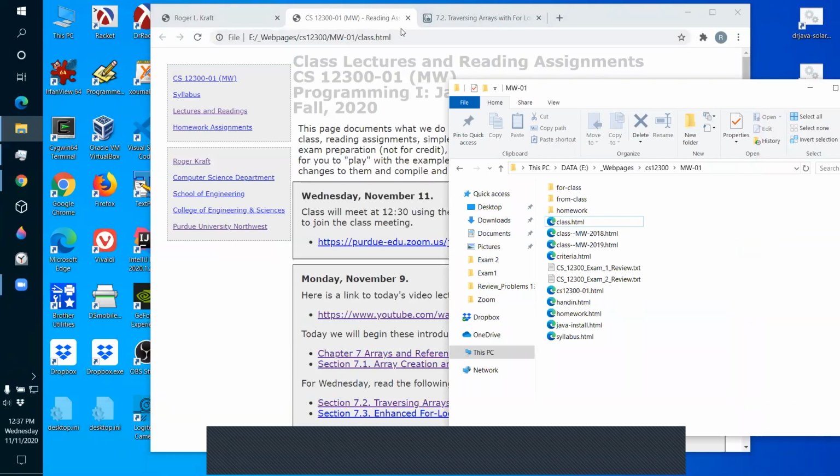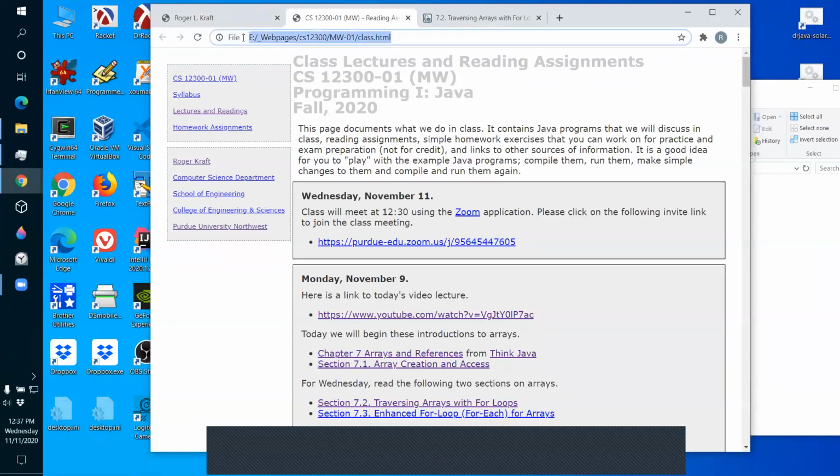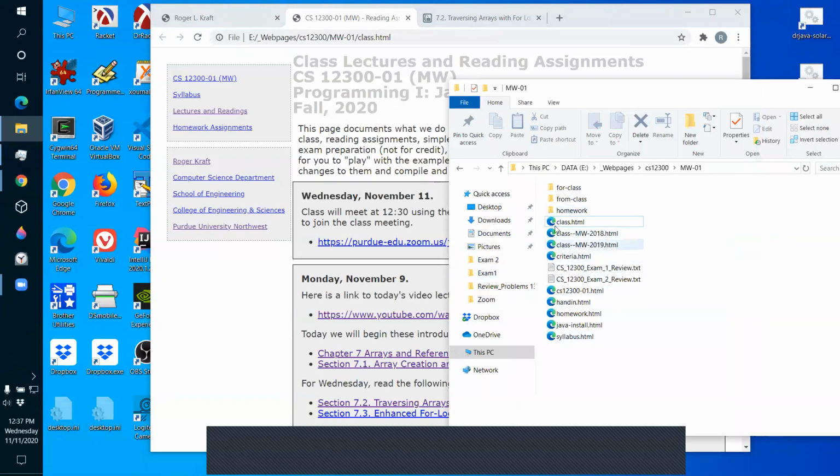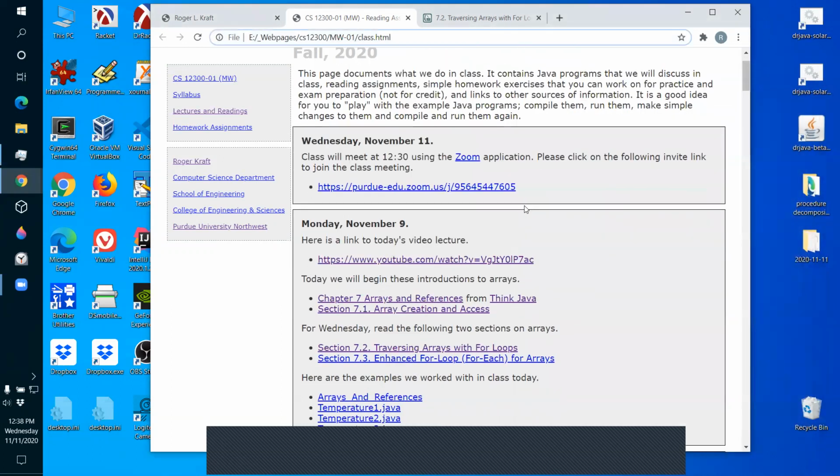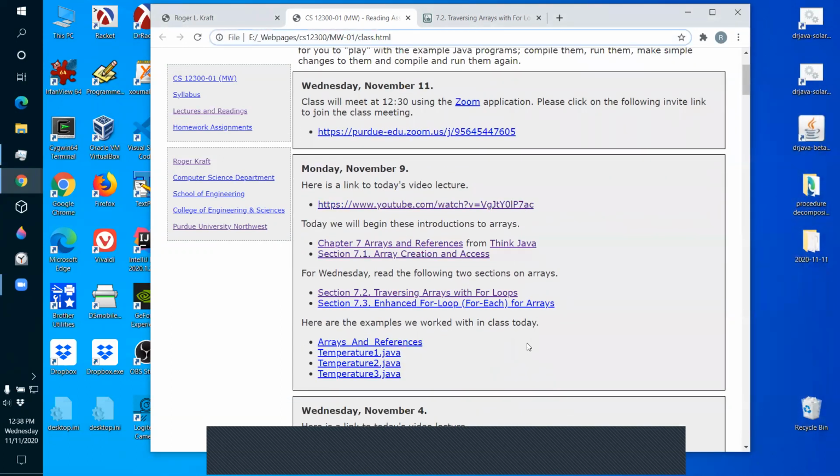You can see up here, I'm reading web pages off of my computer right now. So that's one of the things you can do. You can read web pages. I have them stored on my hard drive here. They should be up on the server, but right now I'm just reading them off of the hard drive. Hopefully, maybe by the time class is over with, this will get fixed.